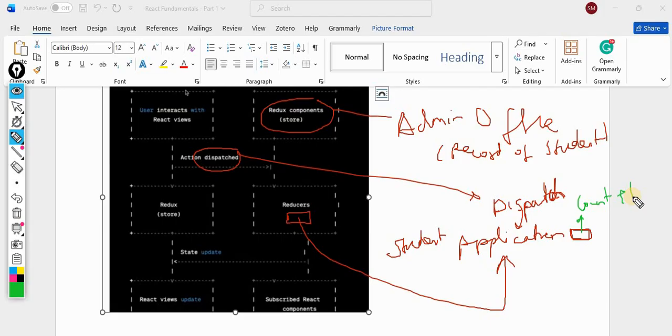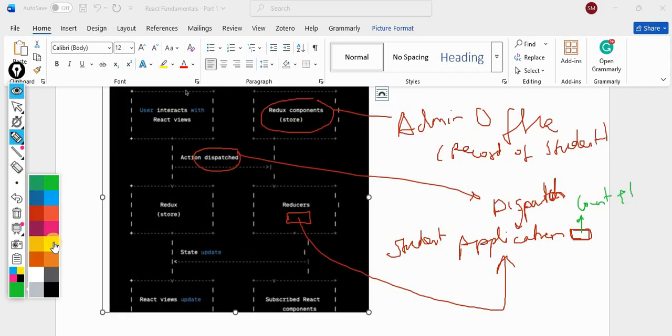The reducer is the clerk who finally does the task. So now our state is changed. The record will change. Yes or no? Yes, sir.